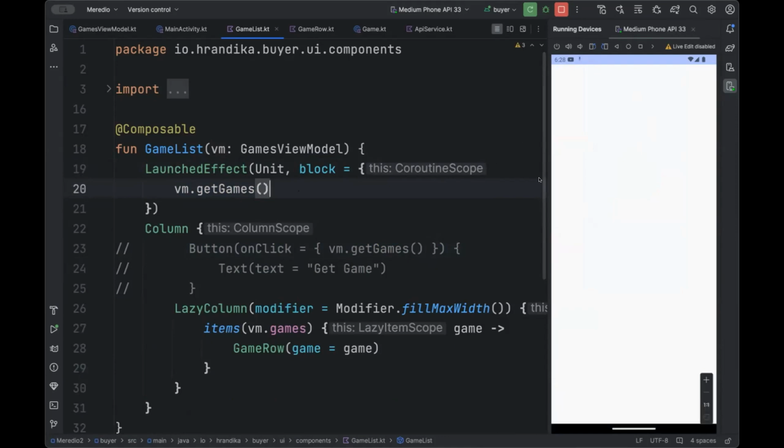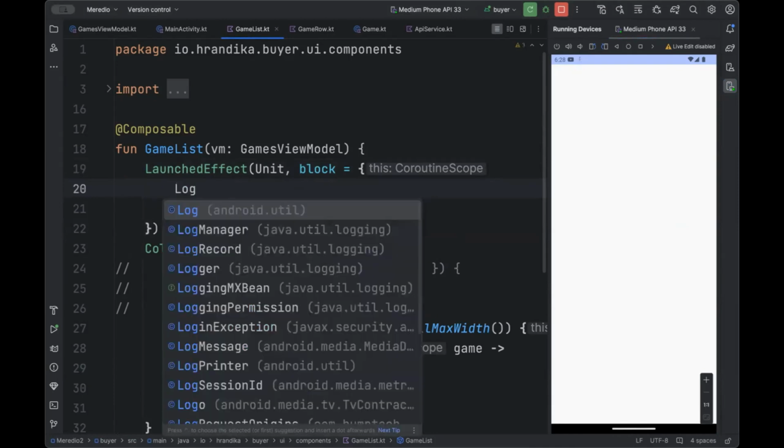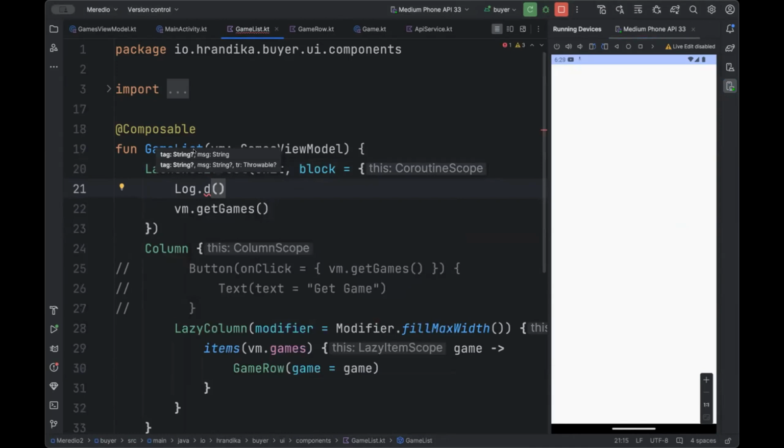Seems to be, it's not working. No. VM.getGames should work. By default, it should run. I'm not sure why it is not. Let me put a logcat here. Log.d, I would say game list, which is the tag. I would say call in